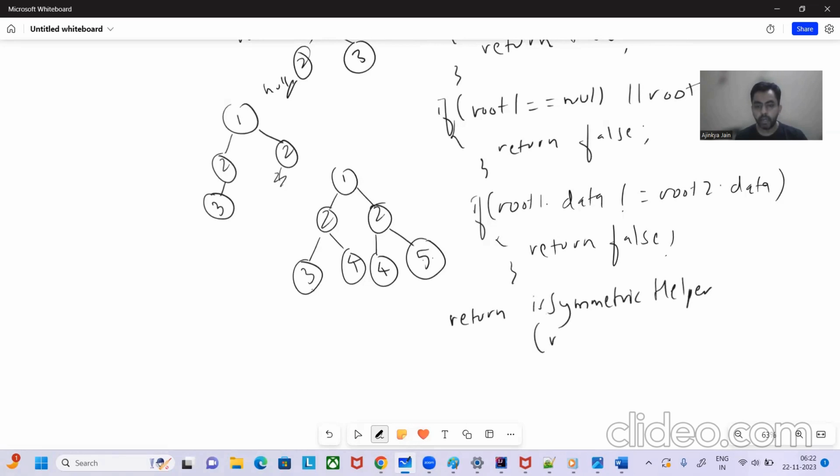See, symmetric helper, the trick here is we'll pass root 1 dot left and root 2 dot right. Because we have to check for the equivalent, the left and right subtrees have to be the same, has to be the mirror image. So what we are making sure over here is that root 1 and root 2 data is equal, and root 1 and root 2 both have to be null at the same time. Is symmetric helper, and then